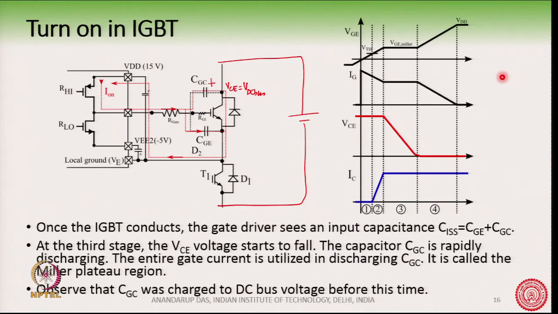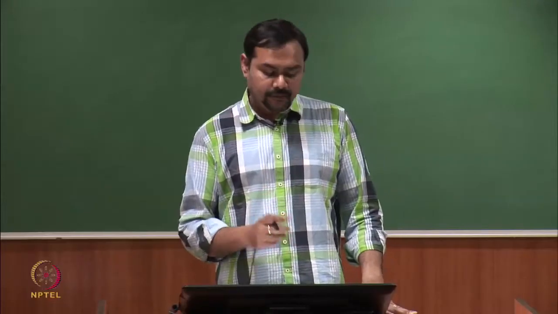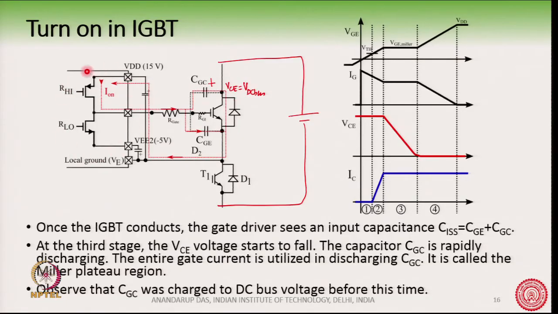In this region, this capacitor is completely discharging, tremendously discharging, and a huge amount of charge from the gate driver, from this point, is needed to discharge this capacitor here in the Miller plateau region,